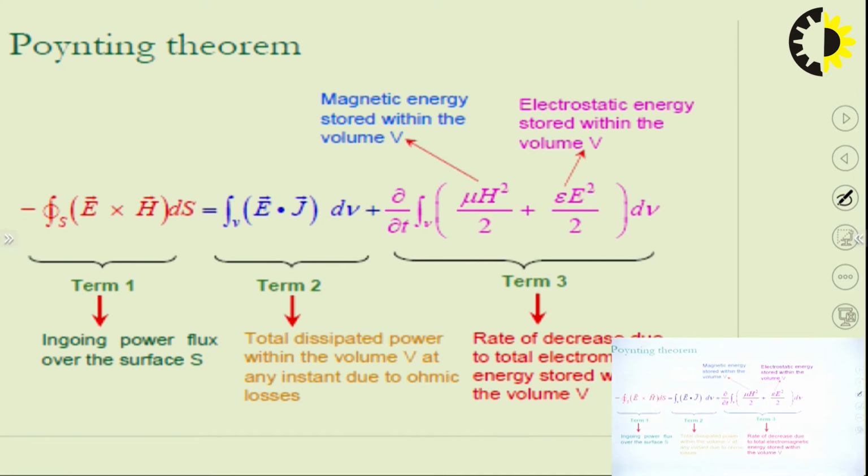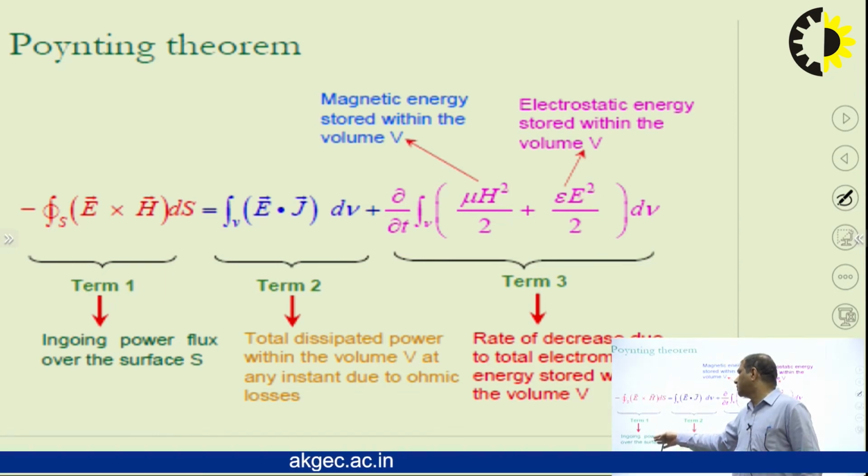So first of all, let us understand the physical significance of this term E cross H ds. As I have told you, students, this E cross H represents the Poynting vector, which simply represents the energy flowing in the outward direction, perpendicular to the surface area S, which is bounding some volume V. When we take its integration form, that will represent its total amount. So it represents the total amount of energy leaving any surface area perpendicular to the direction of propagation. This term is also known as the